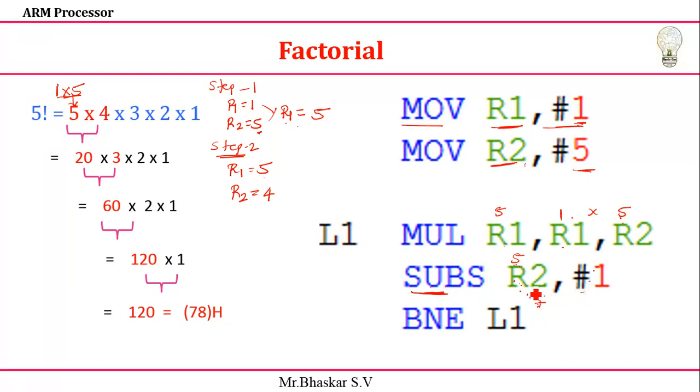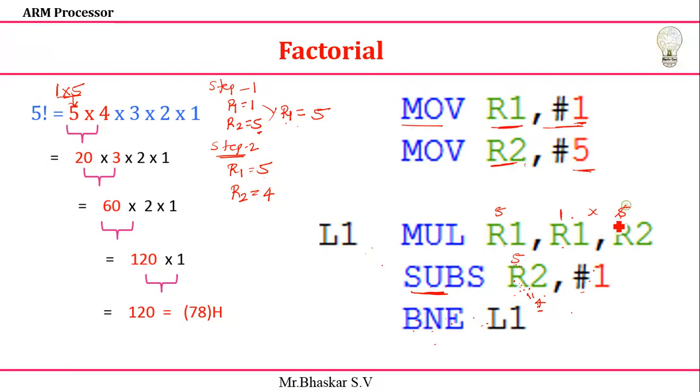You can see R2 resistor if it is equal to 0 then only branch it is equal. Equality checking I'm going to use. Here it is I have some content in R2 it is not 0 then you need to go for loop 1 that is what it's telling. Branch not equal then go to loop 1. So okay, if R2 is equal to 0 means you need to stop the process. So now we have a 4, that's why I need to go back to here.